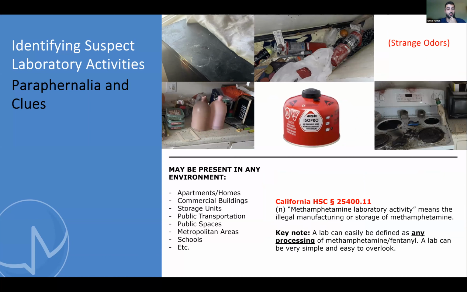So now we're going to shift gears to look at labs a little bit. So meth smoking and use sites are one aspect of it. Here's where it gets fun, the labs. It's a very tricky thing to be able to identify. So some of the things are very similar, like in the last example. If you look at the picture here, we have a white residue on a counter. If you smell strange odors, that could be a tip. But then there's some things that are not as subtle.